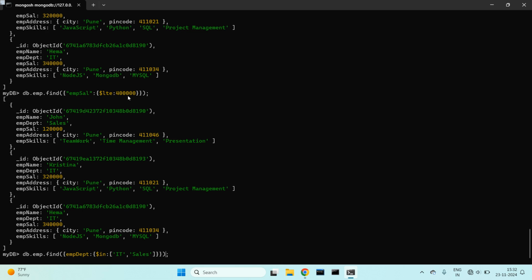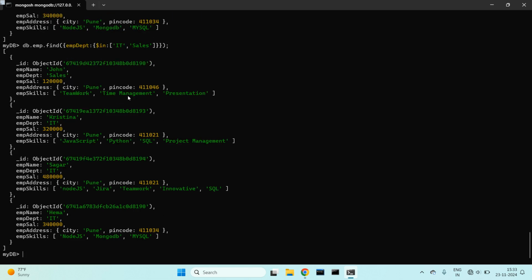Here I have the employee department field, and in that field I'm searching for two values, one is IT and one is sales. So it gives me all the documents which have IT or sales as a department. Yes, it gives me the list of documents which have sales as well as IT.